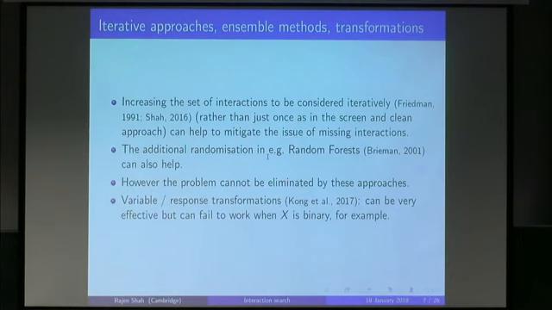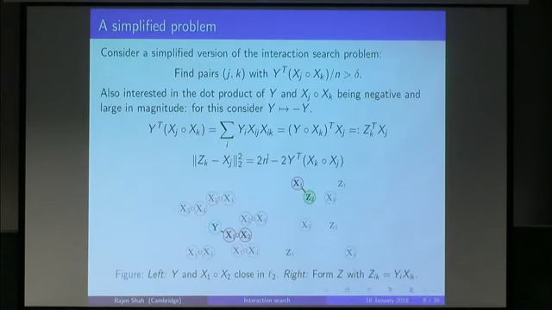Okay, so this is the problem that we'd like to be able to solve. I'm going to start with a toy version of the problem. Really we want to build up to being able to perform a regression where we're able to include interactions which are strong without requiring the corresponding main effects to be informative. But let's start with a very simple problem,